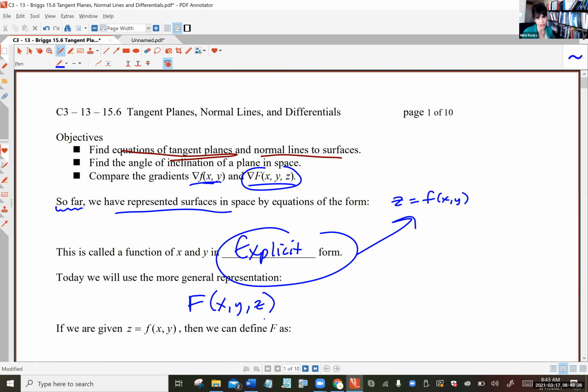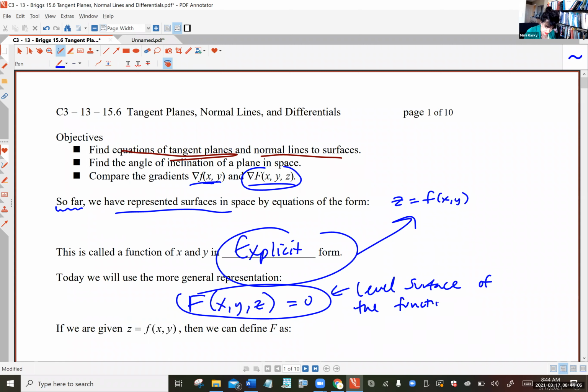So we'll call it big F, uppercase F. And we're going to set it equal to 0, because remember, a function of 3 variables you cannot graph because you need 4 dimensions, which we're not going to go there. But when you set it equal to 0, that's like finding a level surface for the function of 3 variables. So this is understood to be a level surface where the constant is 0 of the function big F,